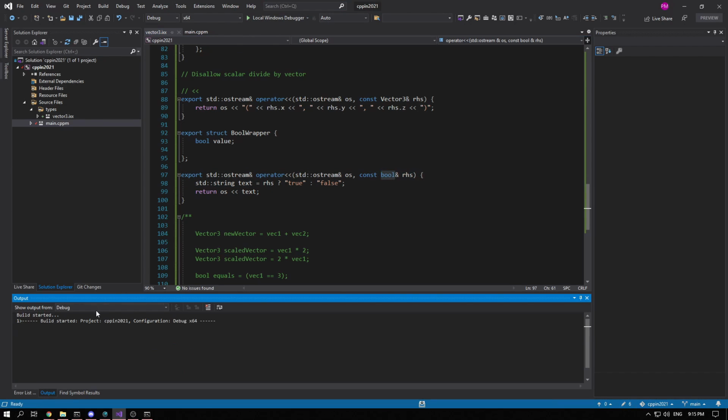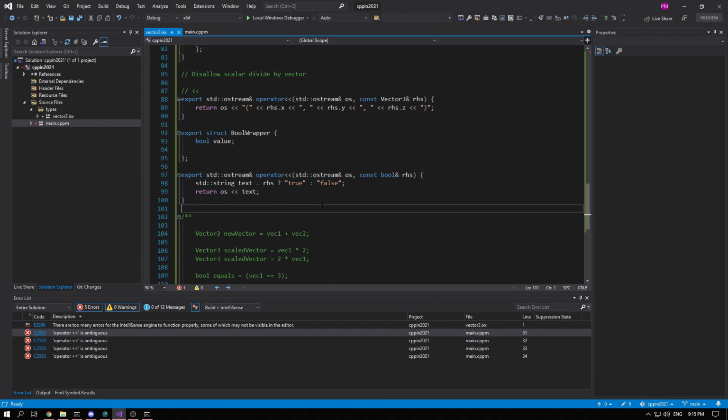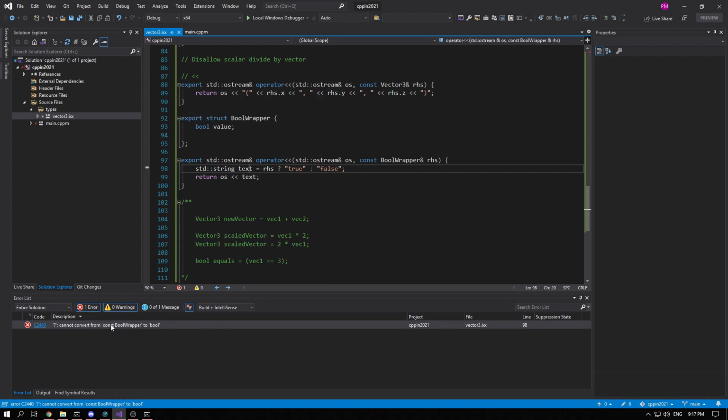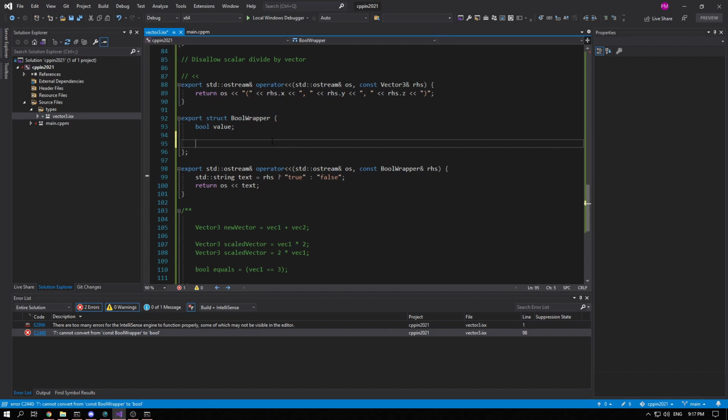So let's just try building this, and you're going to see it says it is ambiguous because this operator already exists. So that's what our bool wrapper is for. So instead of taking a flat bool, we're actually just going to take our bool wrapper. Okay, so this is the error that we were having. You cannot convert from const bool wrapper to bool, right? So what we want to do in this case is provide a conversion operator to our struct to automatically convert to Boolean when referencing a bool wrapper in the context of a Boolean, as we are here. Right, so we're expecting a Boolean here, but it can't implicitly convert to Boolean unless we do